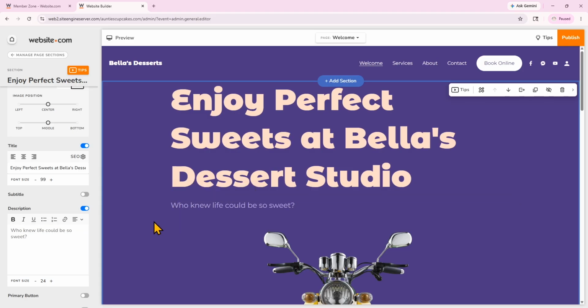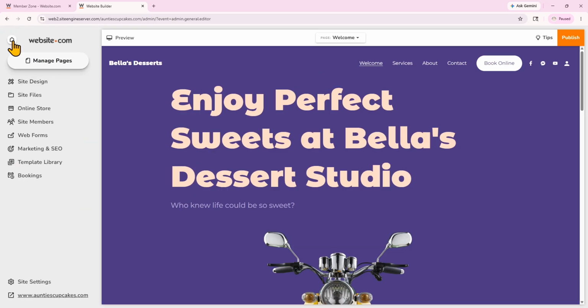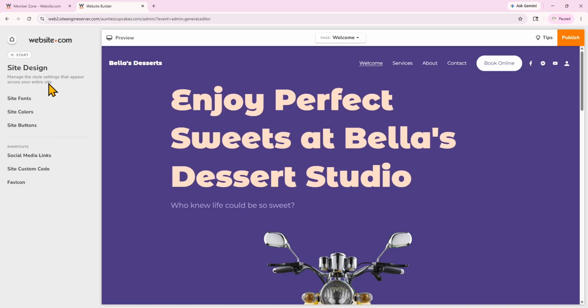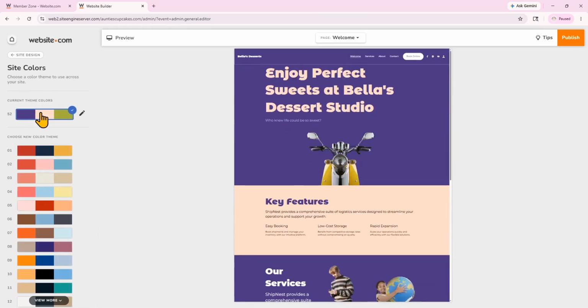So here's what I have so far, and we're gonna make this template even more bold with a bright color scheme. So if you click on the Home button, you can choose to change the entire color palette that will apply across your entire site by clicking Site Design and then clicking Site Colors right here.